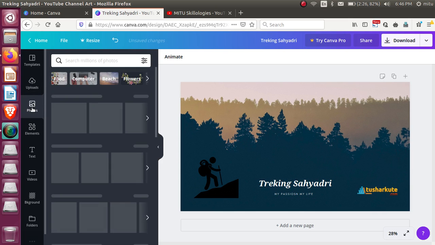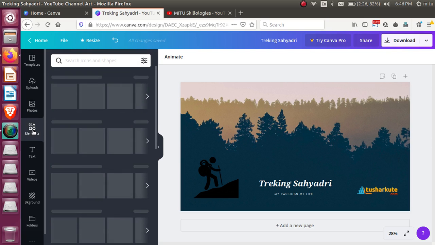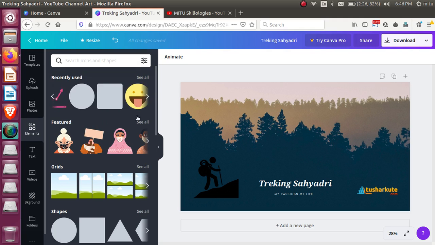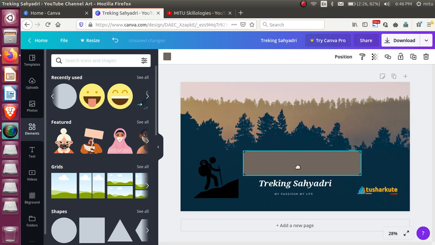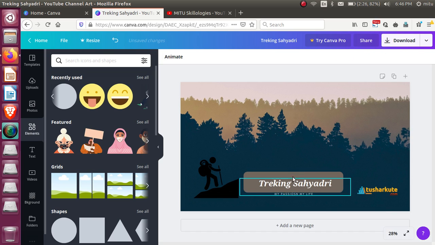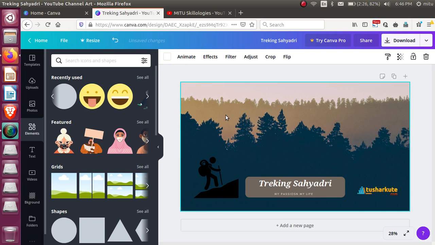Even they are providing some photos, that also you can use. See, the photos are present here. You can add elements like these pictures, multiple different elements. If I want to add this picture, we can make use of it. If you want to put something on this particular bar, many things are available. Okay, in this way. Fine, correct. So you can design the things as per your ideas.